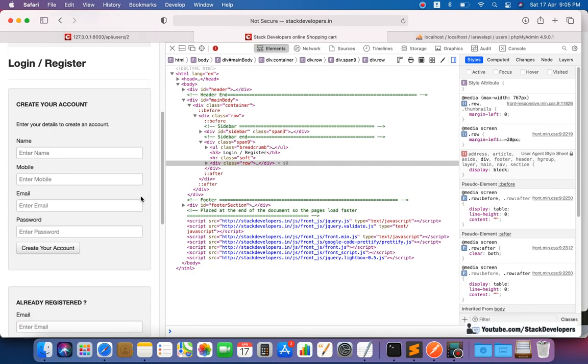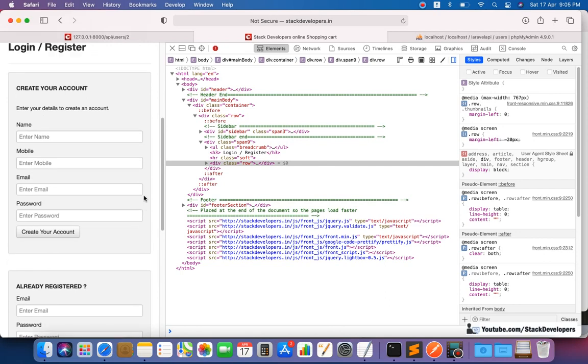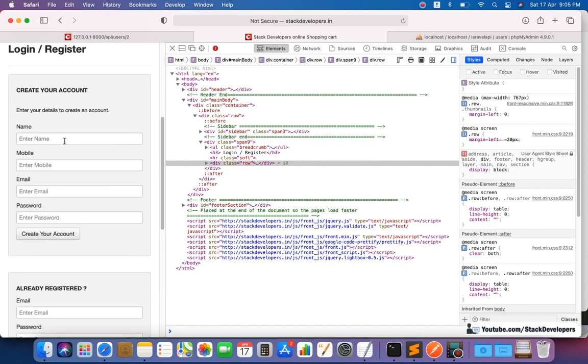In the Post API we can submit data from the front end to the back end, like in an Android app. Assume this is the Android app, and in the user sign up form, the user wants to submit some data.